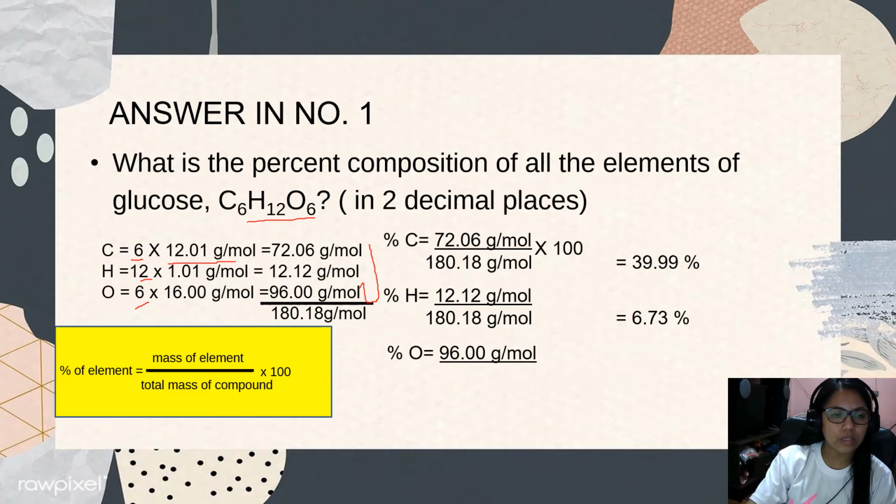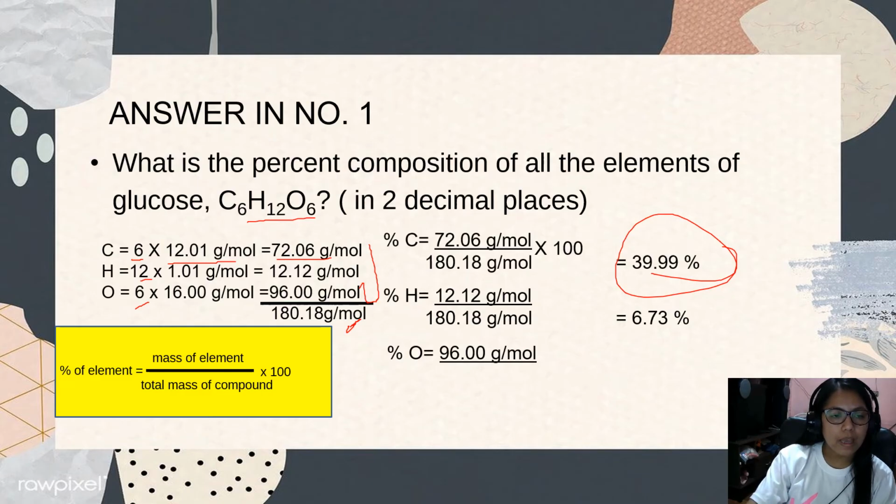So the percentage of carbon is equal to 72.06 gram per mole. I-divide natin siya sa 180 gram per mole, the total mass of the compound. Then multiply sa 100. The answer will be 39.99. So the percentage of hydrogen is equal to 12.12 gram per mole, which is the mass of the element, and